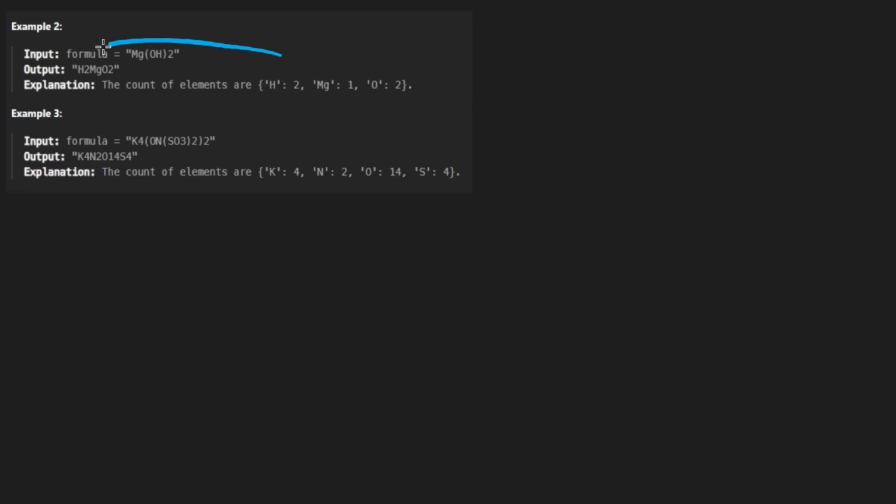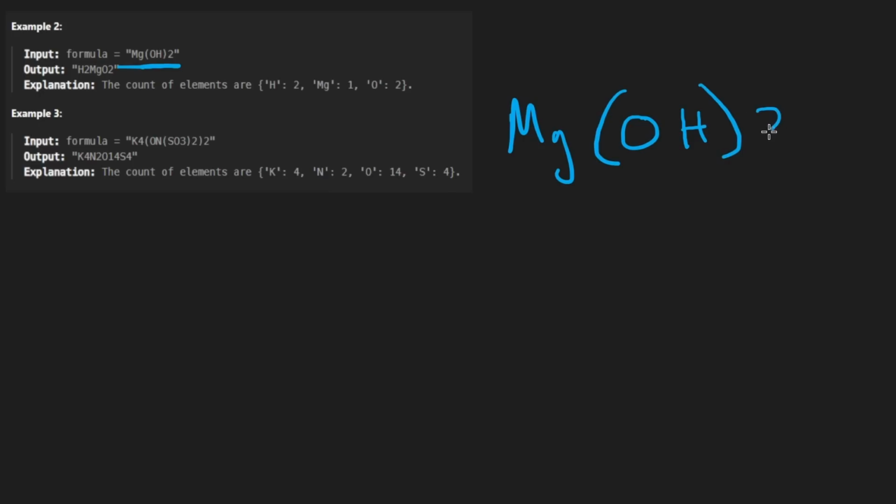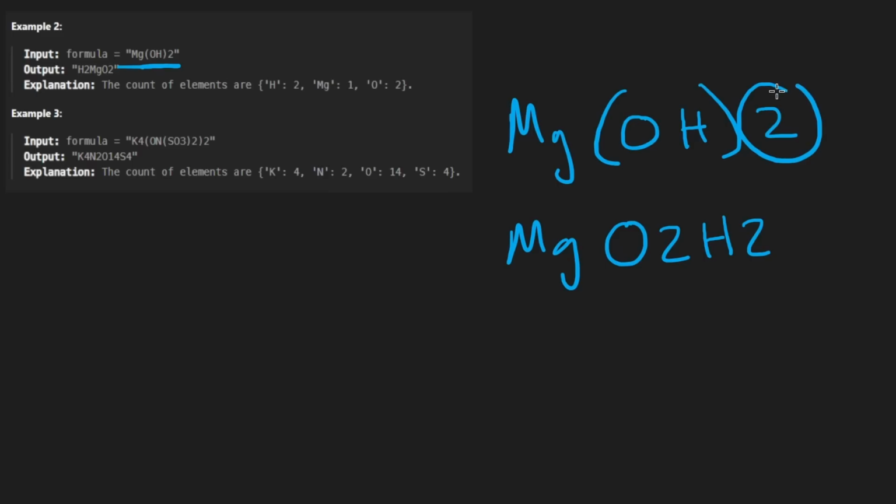They were very kind to give us these 2 examples. Take a look at the first one. It's a bit more simple. We have the element Mg, we have a parenthesis, we have two elements inside of it, oxygen, hydrogen, and then we have the number 2. Now, these parentheses are sort of shortcuts. It's a shortcut of saying Mg, O2, H2. So basically, kind of like multiplication, this 2 will be distributed among everything inside of the preceding parentheses,